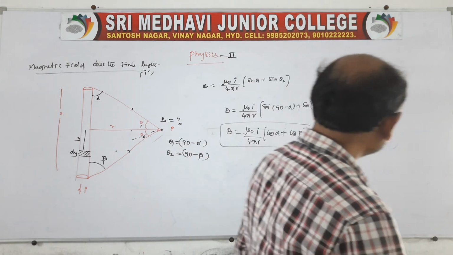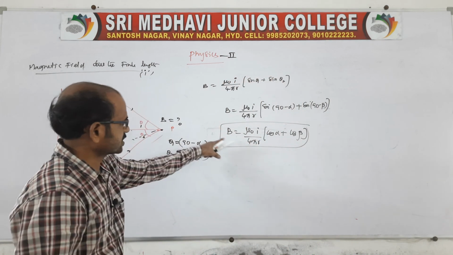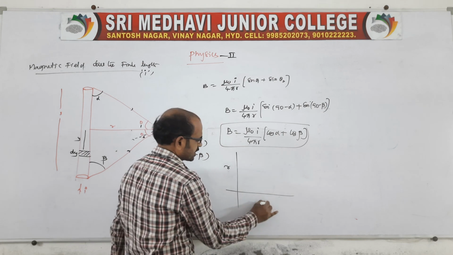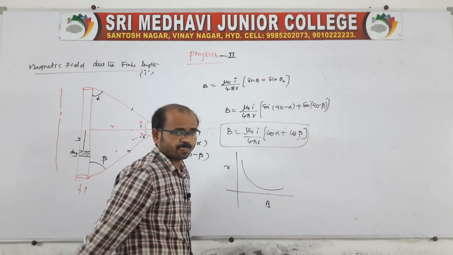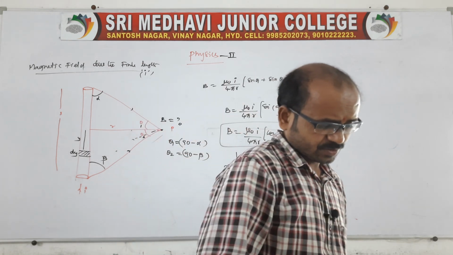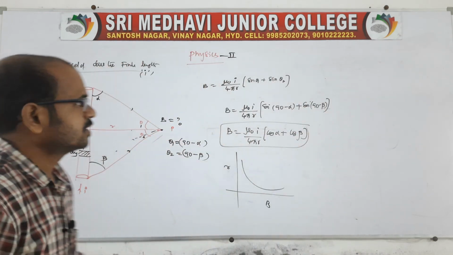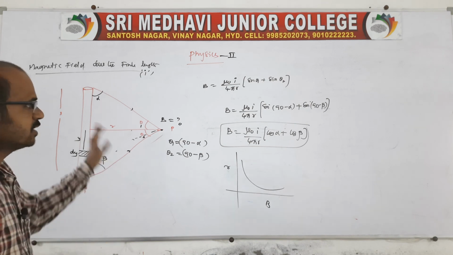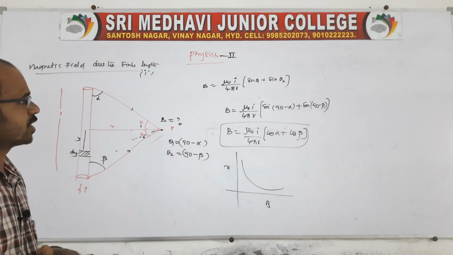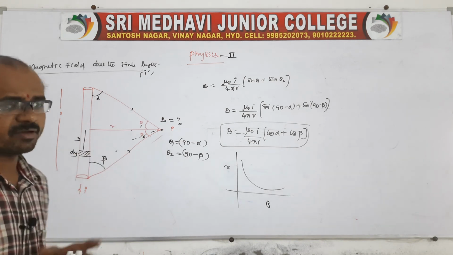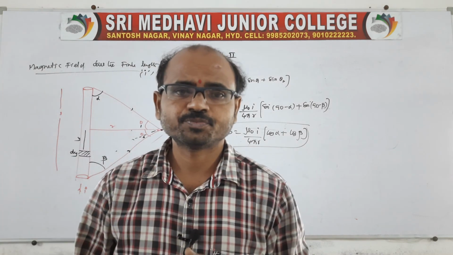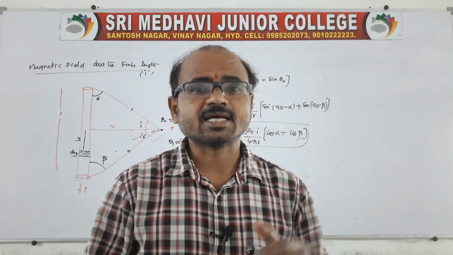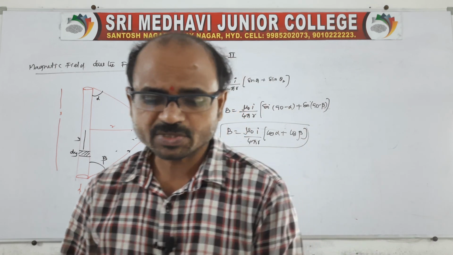According to the relation we just got, B is inversely proportional to r, no? If I take a graph, it is represented as a rectangular hyperbola like this. Clear? So this is the information related to the straight current carrying conductor of finite length. If finite lengths are given, use B is equal to mu naught I by 4 pi r into sin theta 1 plus sin theta 2. So this is today's class on the basis of Biot-Savart law. It is another application. Thank you very much. We'll see in the next class.